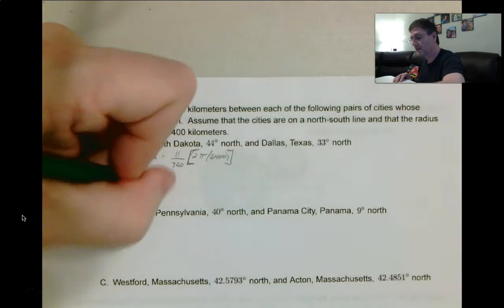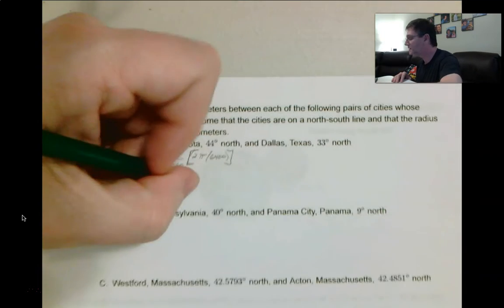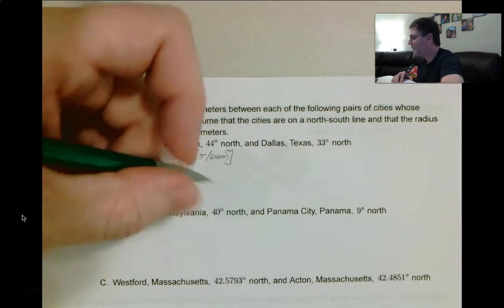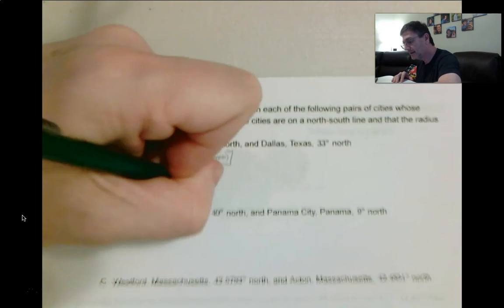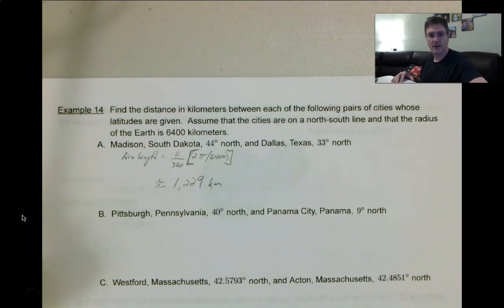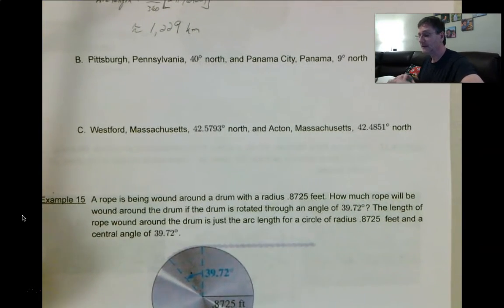And we're going to go to our calculator. I'm just going to go straight to the calculator right away. 11 times 2 times pi times 6,400 divided by 360 equals approximately, and let's round to the nearest kilometer every time, 1,229 kilometers for part A. Part B, Pittsburgh, Pennsylvania is